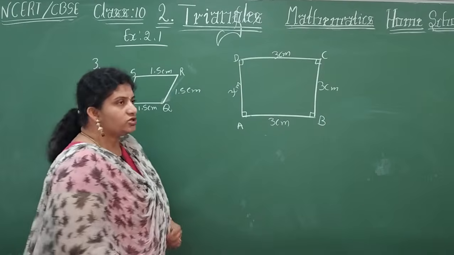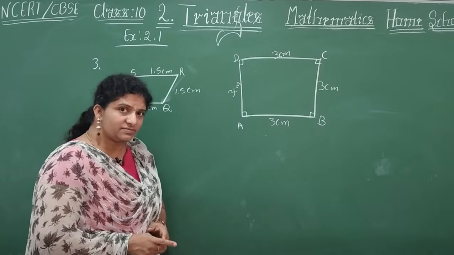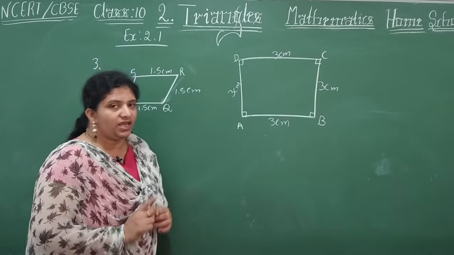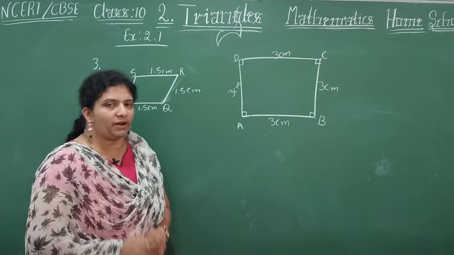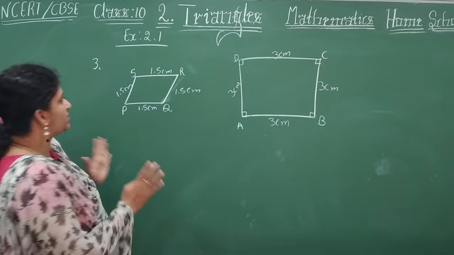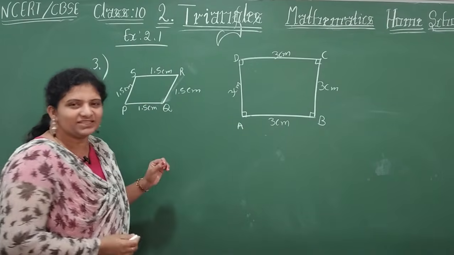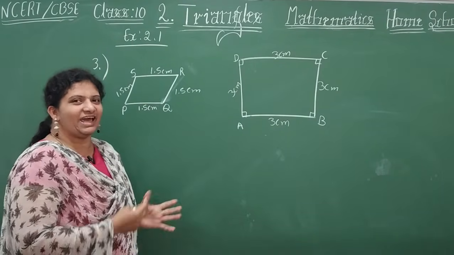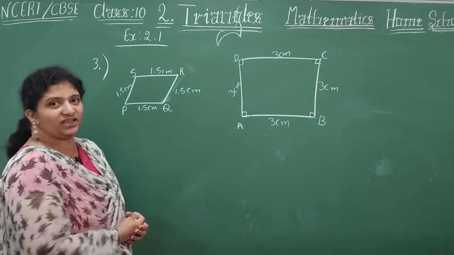Now we need to compare these two quadrilaterals and say whether they are similar or not. So for similarity, do you know the two conditions now? Their corresponding angles must be equal and their corresponding sides must be in proportion. First observe the two figures clearly. Yes, I think you got the answer. What is the answer here, children? They are not similar. How could you say without doing anything?